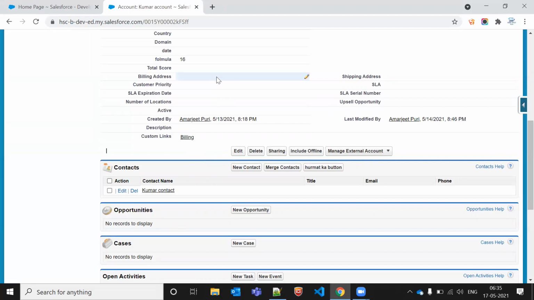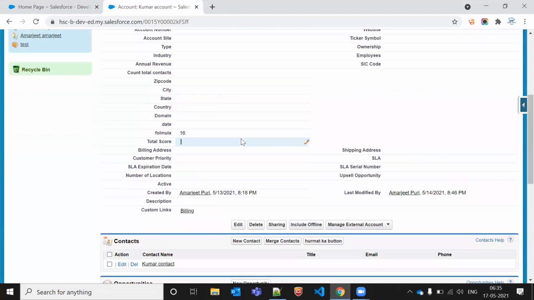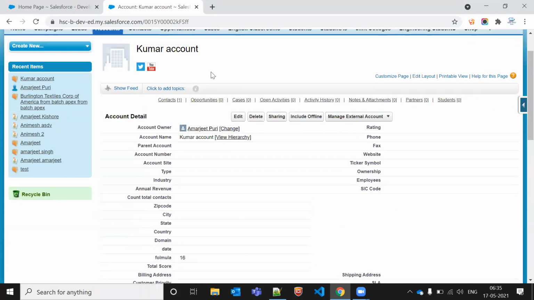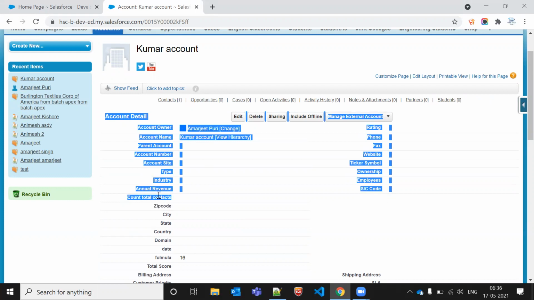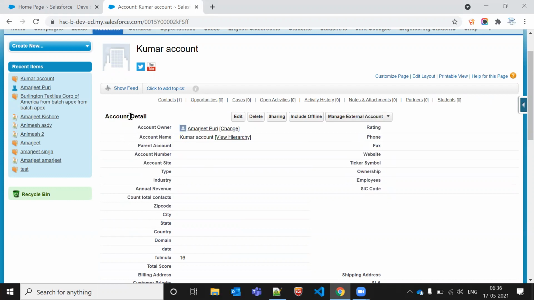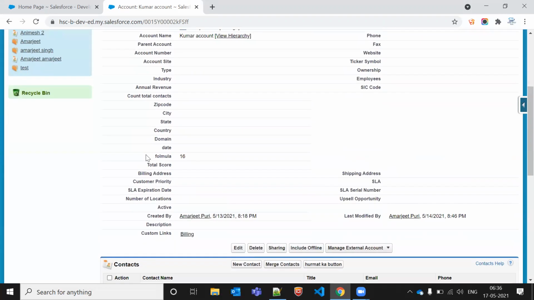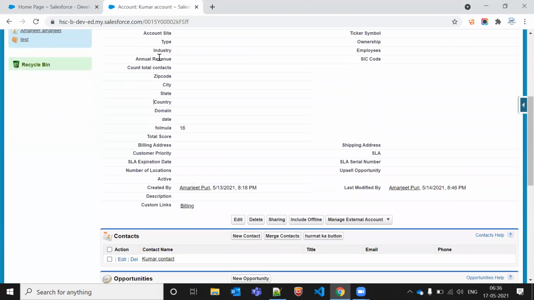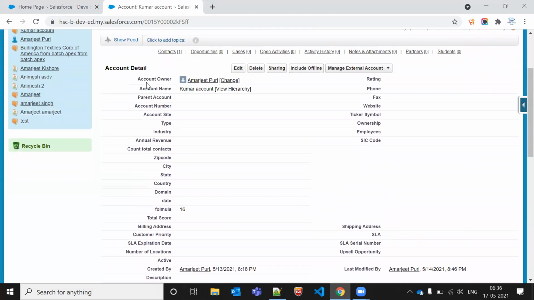If you're listening to this, it seems very simple, but once you do it, it is challenging, because we are going from before trigger to after trigger. We are not just performing the operation on the same object. We are doing it from an after trigger, writing from parent to child. Again we are going to a before trigger. How will we get the id in the case of a before trigger? That is the little challenging part here.